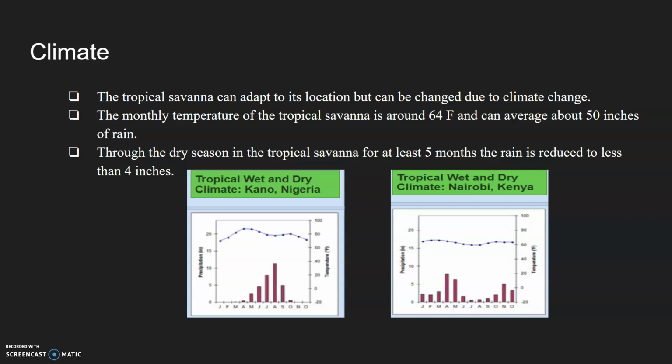The monthly temperature of the tropical savanna is around 64 degrees Fahrenheit and can average about 50 inches of rain. Through the dry season in the tropical savanna, which lasts for at least 5 months, the rain is reduced to less than 4 inches. So, as we can see from the first location of the wet and dry climate, Kano in Nigeria,